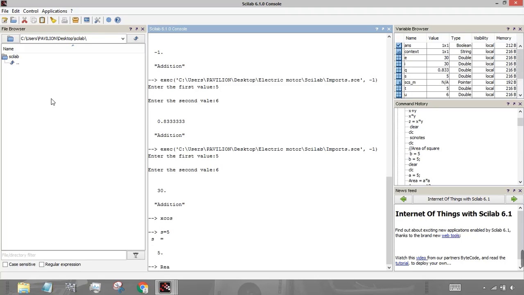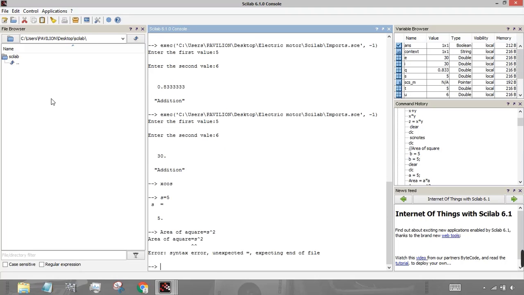So we will write area of square, which is equal to s into s, or you can also write it as s square, which is s, then the power of 2.